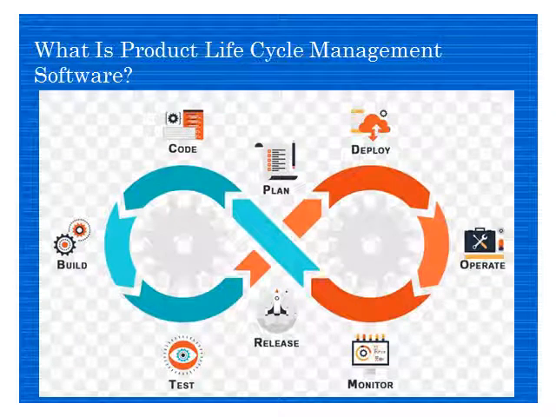Now, again a loop is shown for the PLM software. Basically, you see, a plan is there. Then from the plan, we will have a deployment, basically creating a prototype and deploying it in production. Do the operation, actual manufacturing. Then do the monitoring and proper testing, and monitor whether your product is getting properly manufactured. Then release, give it to the customer for use.